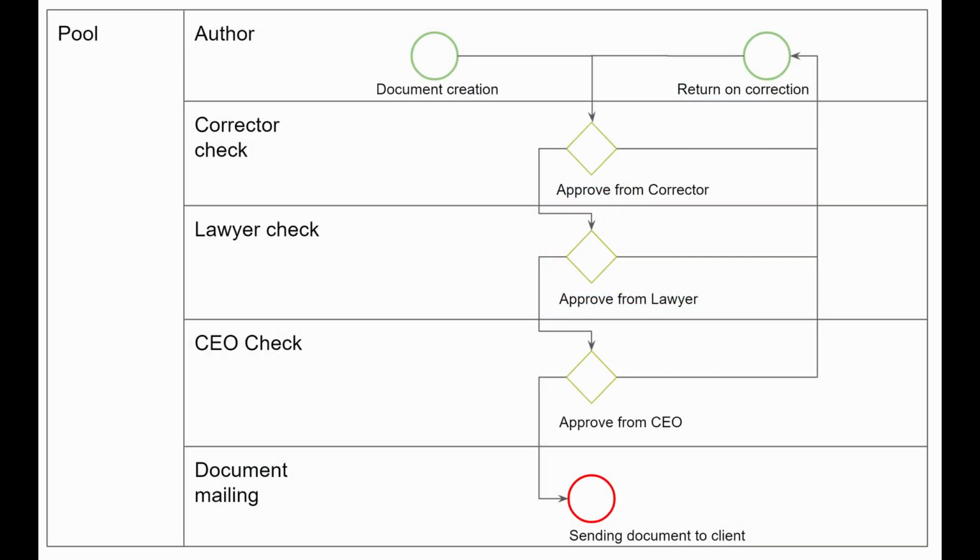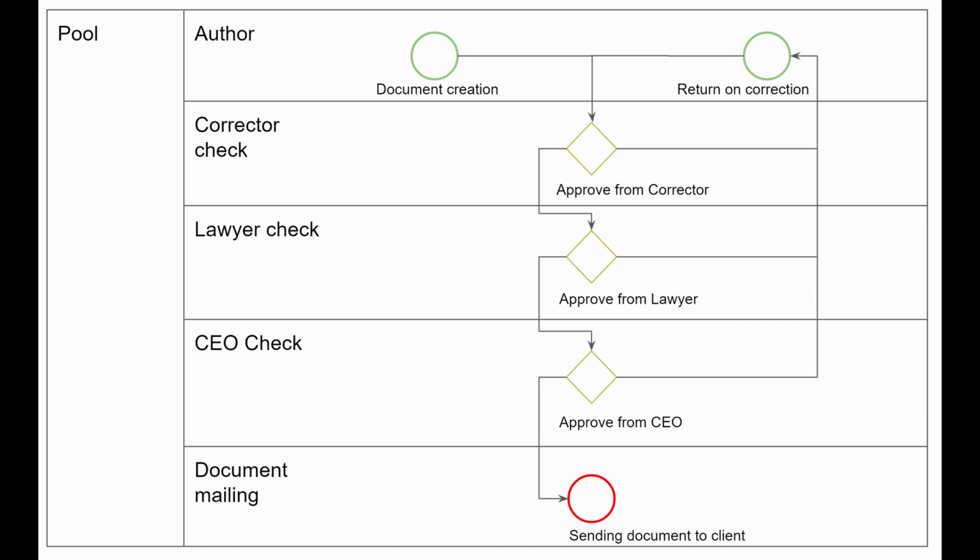As an example, we will analyze the process of approving a contract, a typical process for each enterprise. In BPM notation, it would look like this. The process consists of the following components: creation of the contract, correction, approval by departments, director, and sending the contract